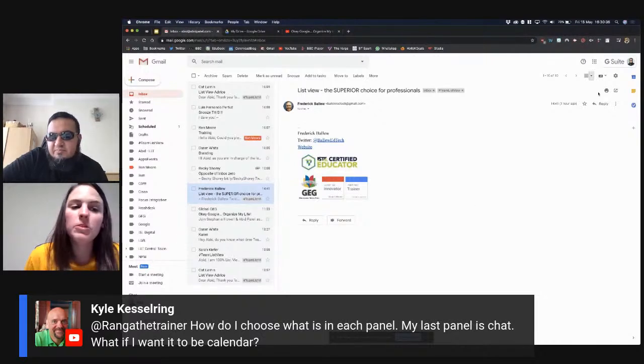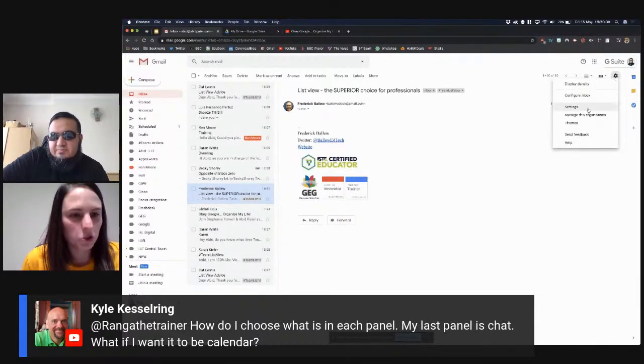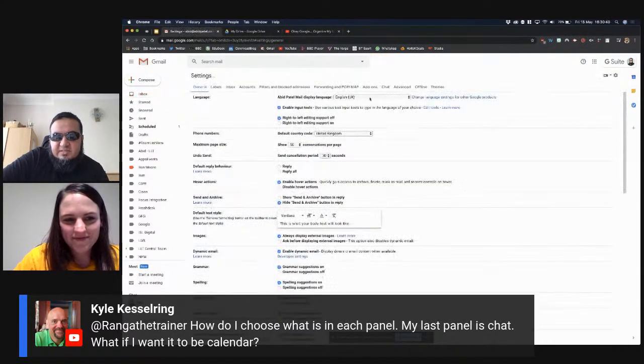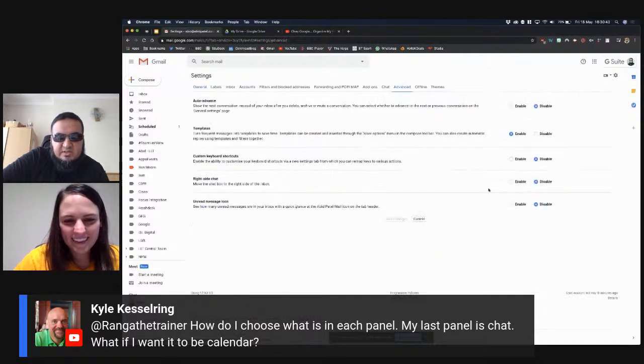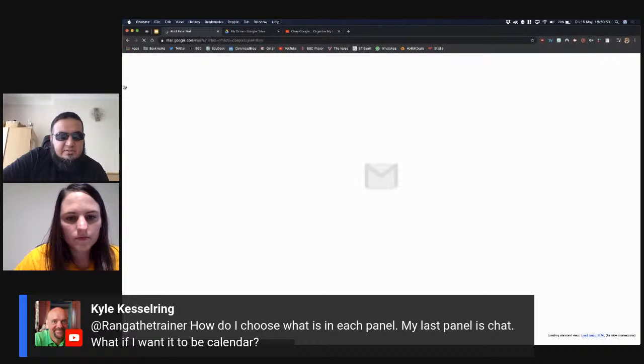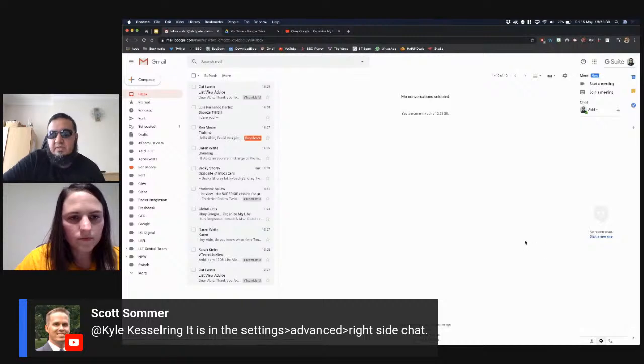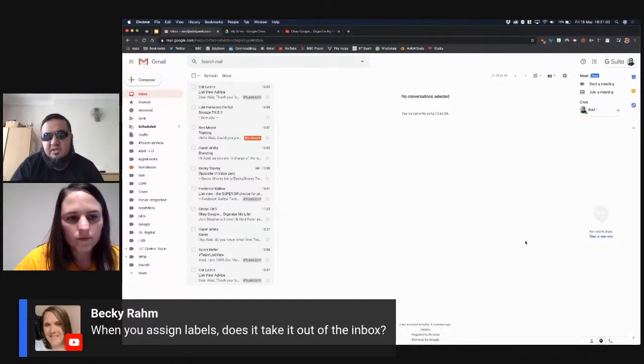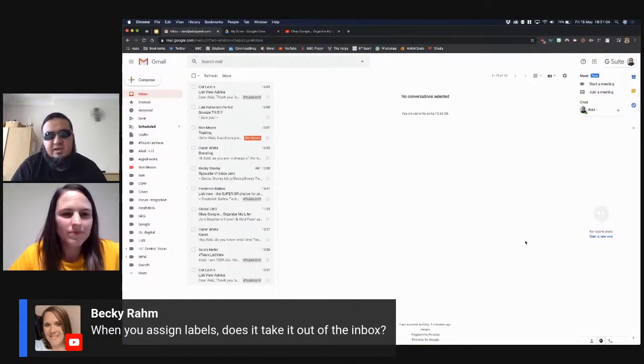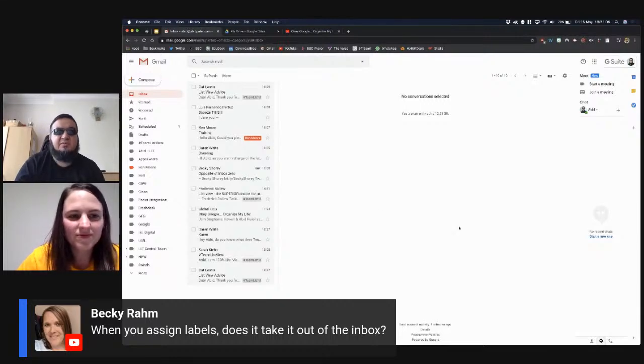That will definitely help you declutter that left side of your Gmail. So we go into the settings here. You go into advanced, and there's the option here for right side chat. Click on enable. Click on save. There's a save button. Yep, there. And then once you go back into your inbox, you can see that the chat now is on the right-hand side. There. Again, that comes down to preference. I prefer it on the left-hand side. And because that's my preference, I'm right.